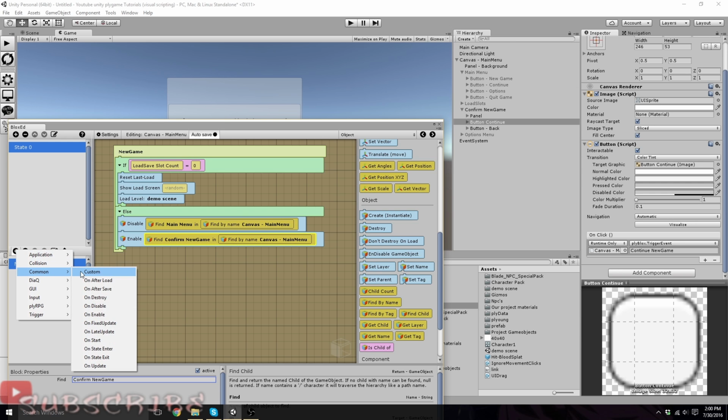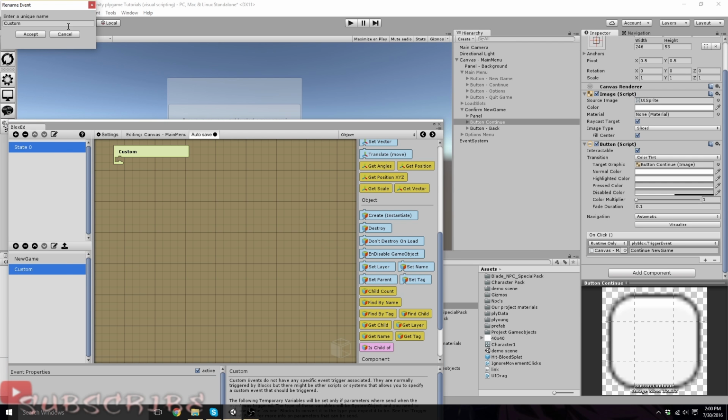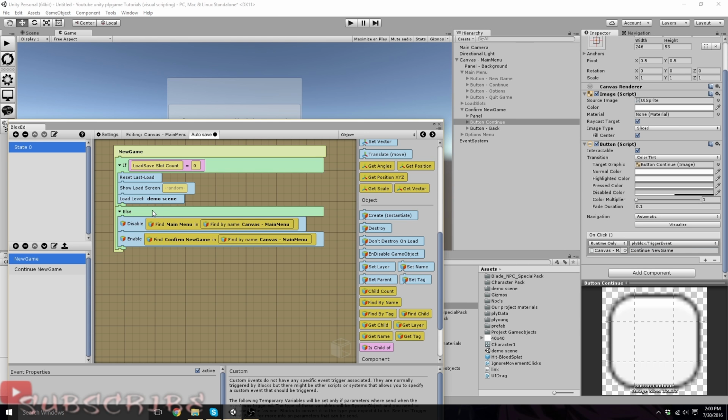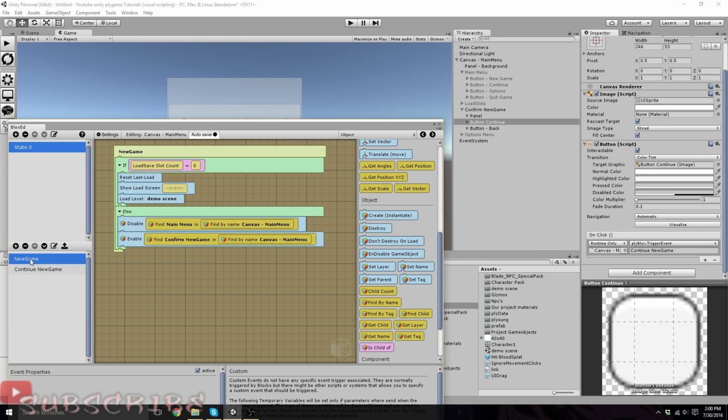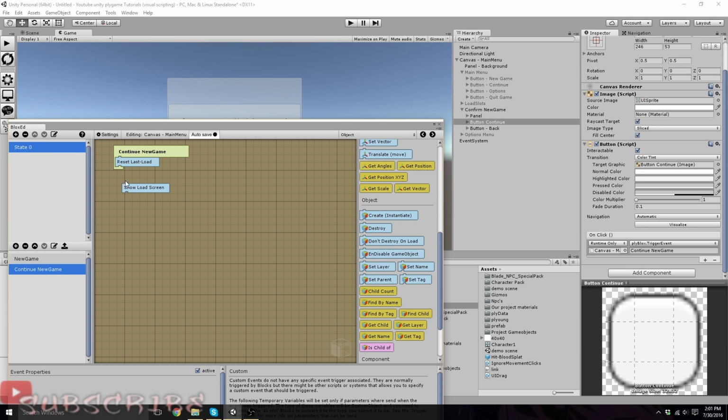So we're going to do a new custom event here and call it continue new game. So it's pretty much going to do the same thing as this, except for the part where we're going to be deleting a few things. So we're just going to go ahead and grab our reset last load here, copy it, paste it, our show load screen,